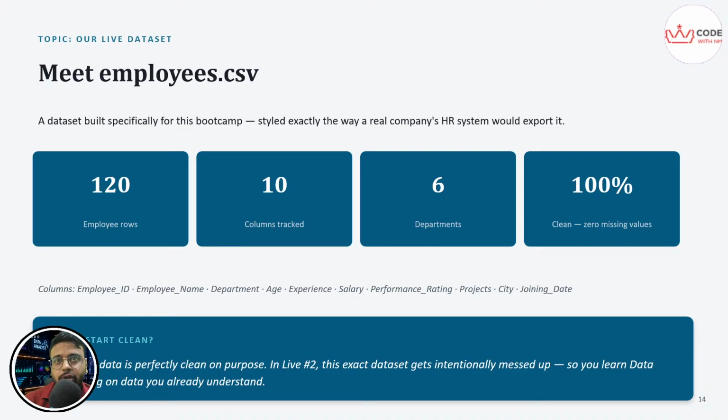But in part 2, first we will be cleaning the data, and that is the first job of a data analyst: to get the data, to understand the data, and to clean the data. And then only you mentally map everything, and then you start coding it. This is how you work as a data analyst.